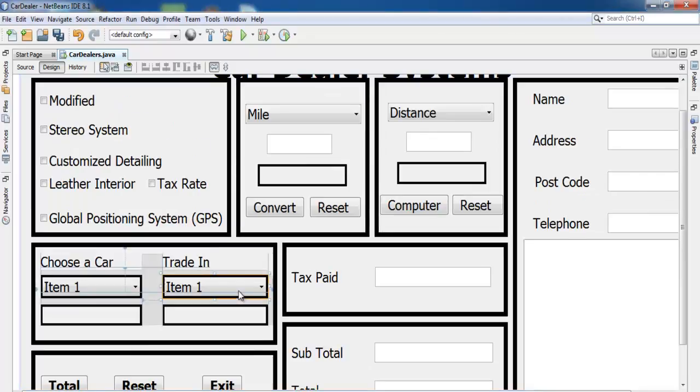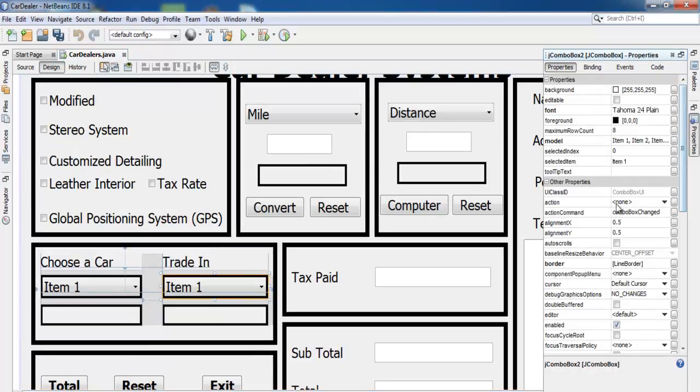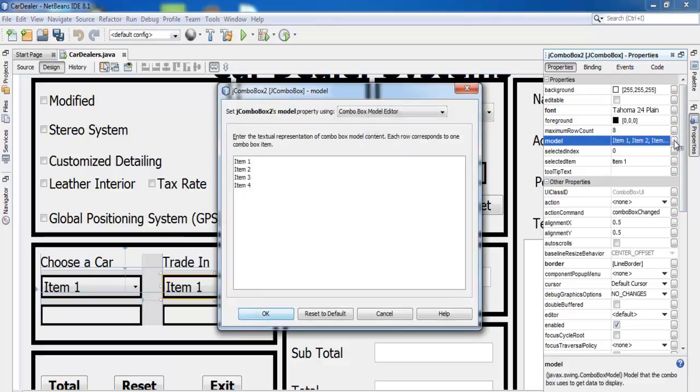So let's start by entering the mileage of these cars there. You select the property and come to where it says model, and maybe drop this down so that you can do a better job. So the first one, let me go for 0 to 50,000. That'll be 0 to 50,000, then 100,000,